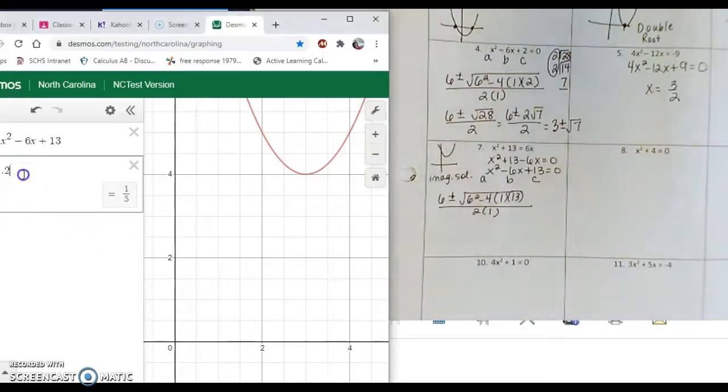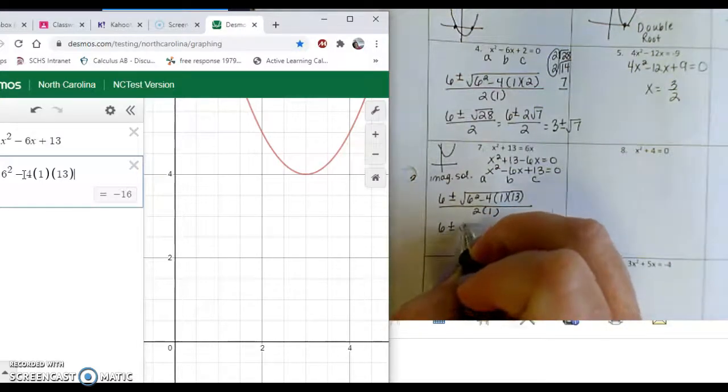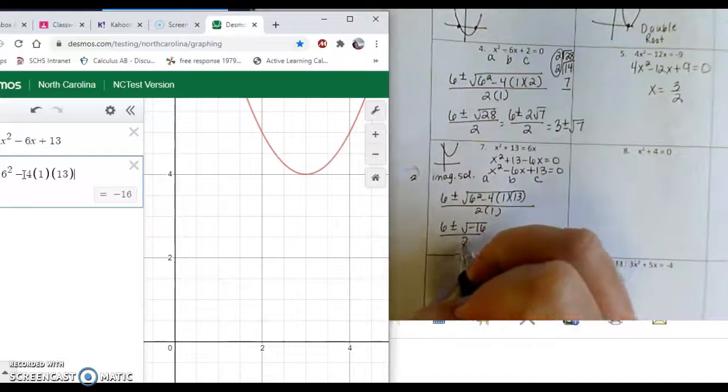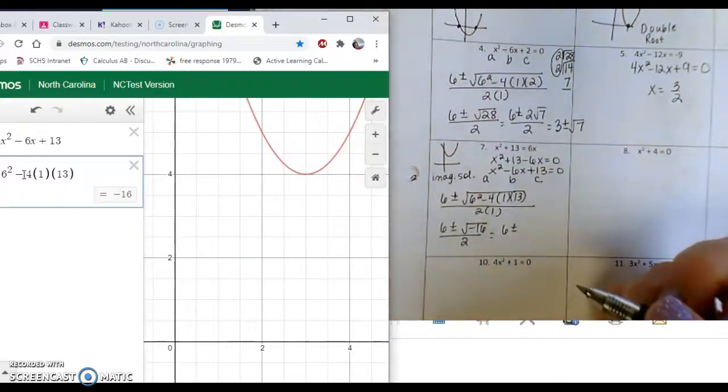Alright, I'm going to put that part underneath the square root in Desmos. So 6 squared minus 4 times 1 times 13. We got negative 16. Alright. Negative 16 is something we know because we know square root of 16 is